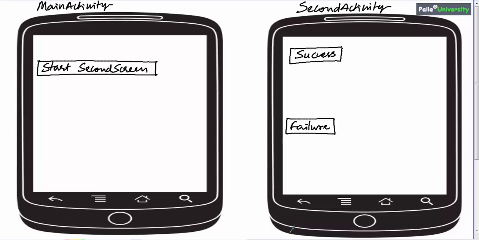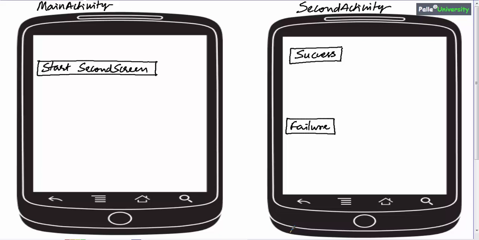Now the requirement is, when the user clicks the start second screen button in the main activity, we have to start the second activity, and on the second activity, when the user clicks the success button, we have to send a success message, some string message, to the main activity. Similarly, if the user clicks the failure button, we have to send a failure message to the parent activity.